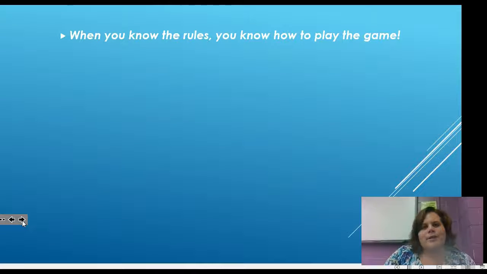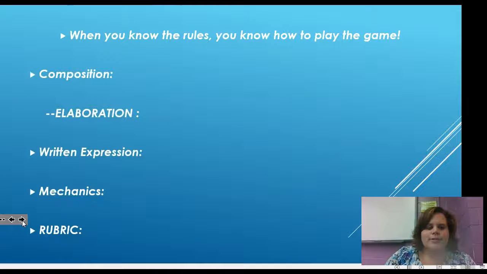Last week we talked about how to get a certain score on the SOL writing test. A 9 is considered a passing score, 9 out of 12. So when you're looking at samples, what would get a 9, what would not get a 9, it really just depends on a lot of factors. So these are the words you're going to be trying to define: composition, elaboration, written expression, mechanics,